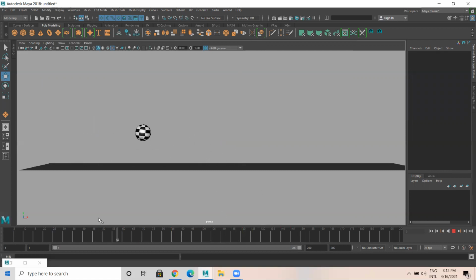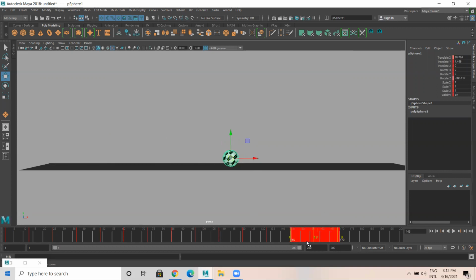So this is what I have done. So I'll select the last frame. I'm gonna rework on this. Copy,